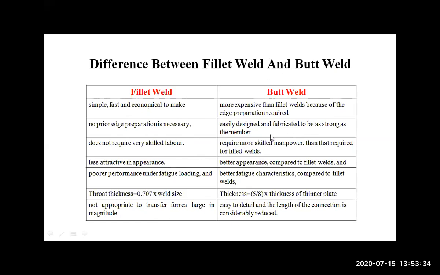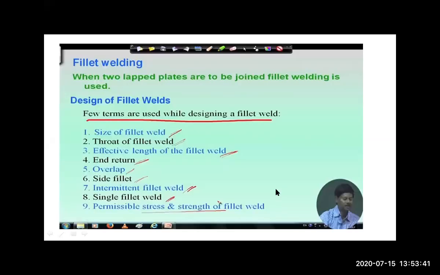So these are the two types of weld, and we have seen here the difference of these two welds. Now here the first is the fillet welding. We have seen the pictures of welding. We have seen the difference of the two welding. Now, what are the parameters or terms used in the welding that we have to calculate for problem solving? Now, the first type of welding is the fillet welding.